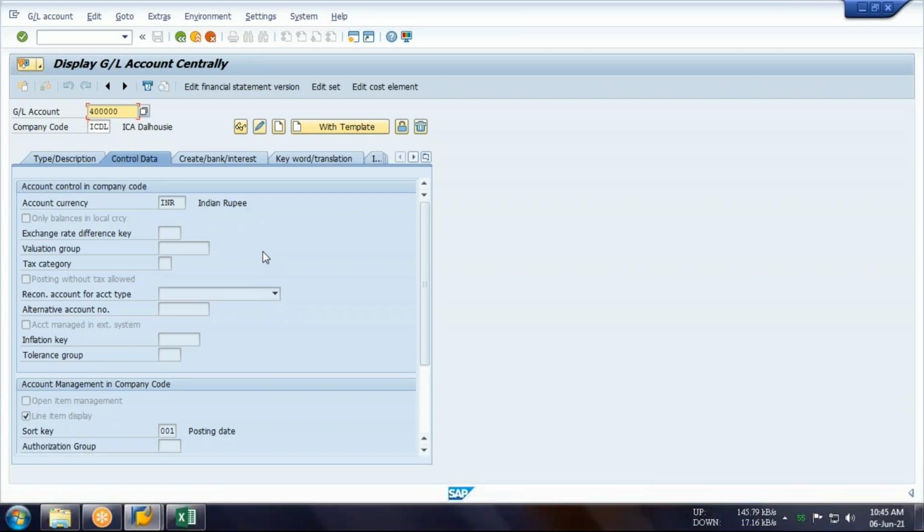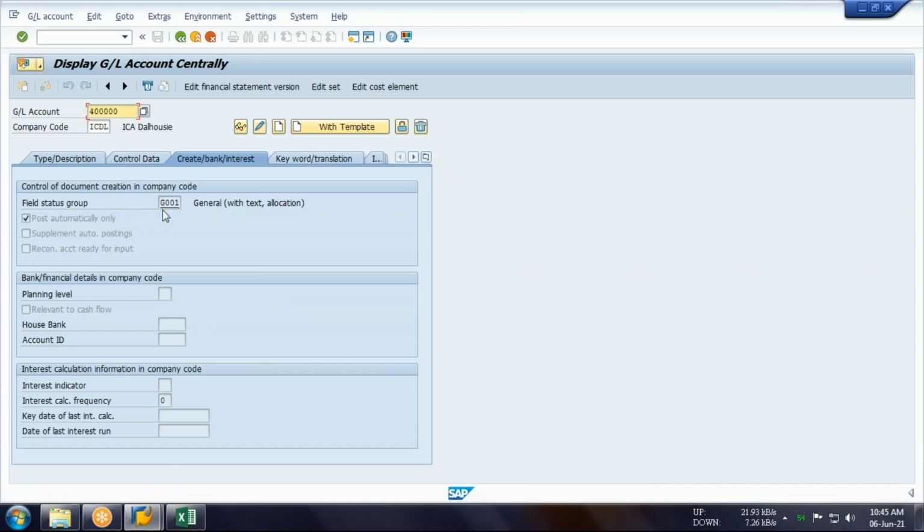Control data, there is no special selection. The regular selection, line item display and short key as usual. And now come to the create bank interest. Here field status group and post automatically only. This part I am supposed to select. Is everyone getting this? Yes, sir. Yes, sir. Okay, now assign.